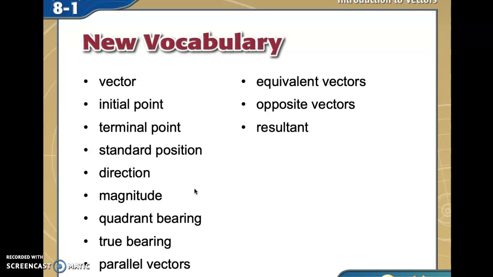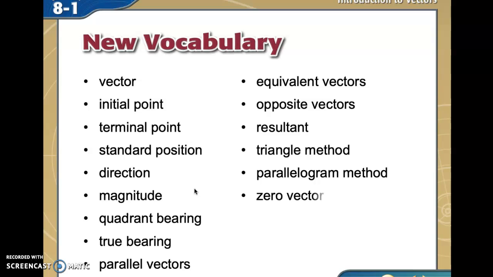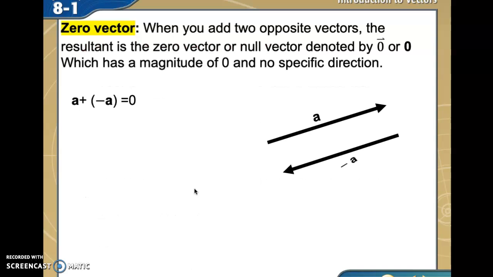So the resultant vector is the addition of two vectors. Triangle method we already did yesterday. Parallelogram method we did yesterday. Zero vector: when the sum of two vectors is zero. When you add two opposite vectors, the resultant is the zero vector or null vector, denoted by 0, which has a magnitude of 0 and no specific direction. A plus minus A equals 0. Like you walk 5 steps to the north and you come back 5 steps, so your final displacement would be